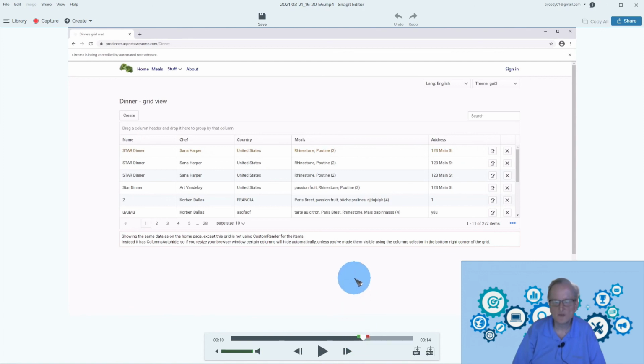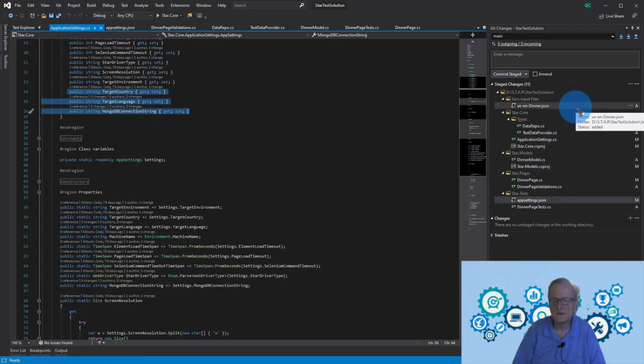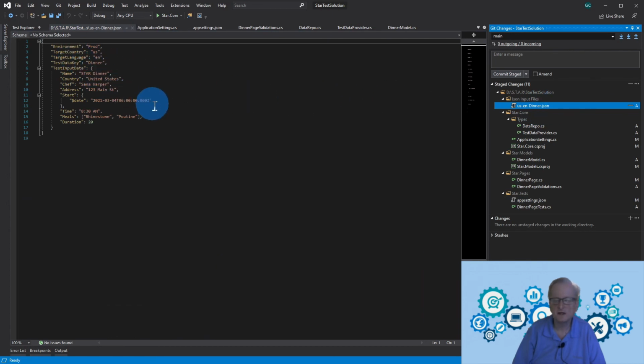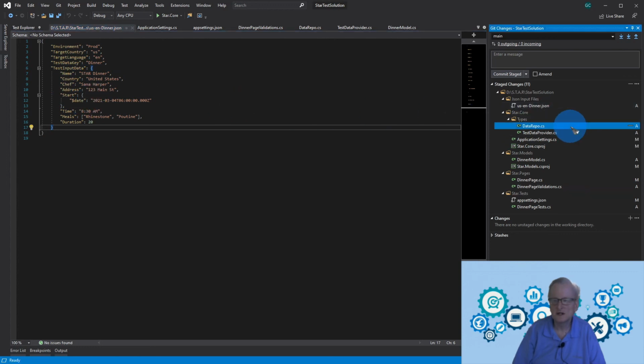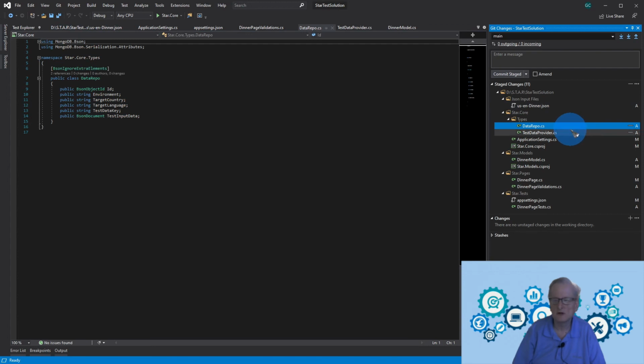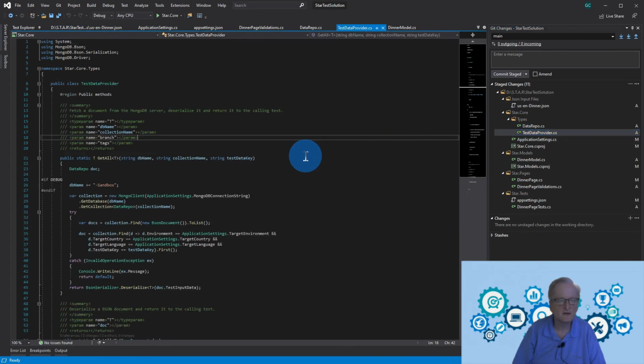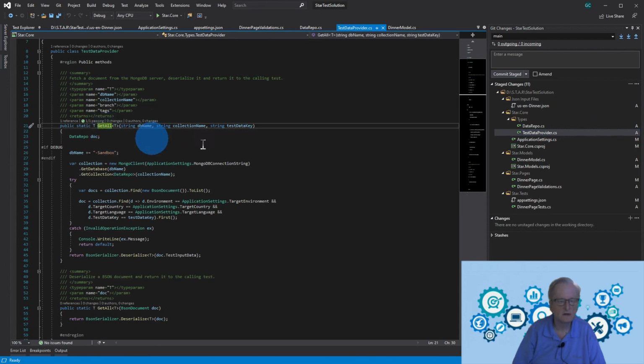All right, I hope that helps clarify a few things. Let's see, did I miss anything else? We've added, yes, in the repo, to help you import your data, a JSON file. So you can use this JSON file to import data into your MongoDB instance, whether that's a local instance running on your local machine or MongoDB Atlas. Data repo, yeah, we talked about that model already. That's added. Test data provider, this was the new one with the GetAll